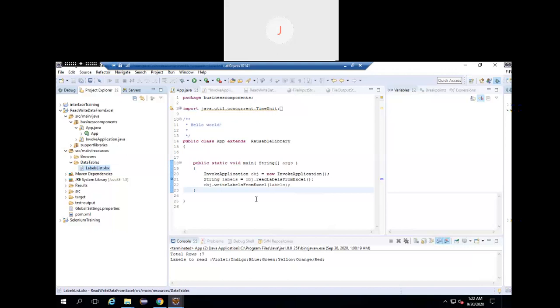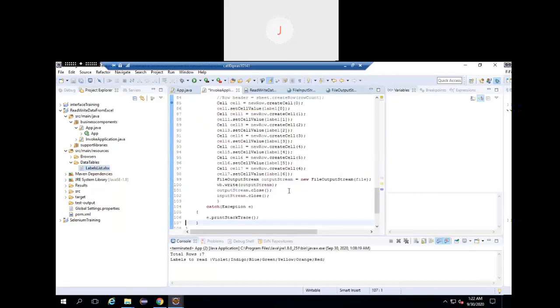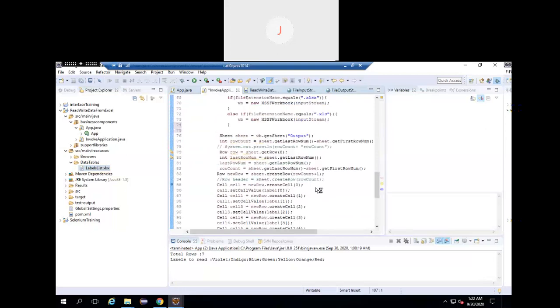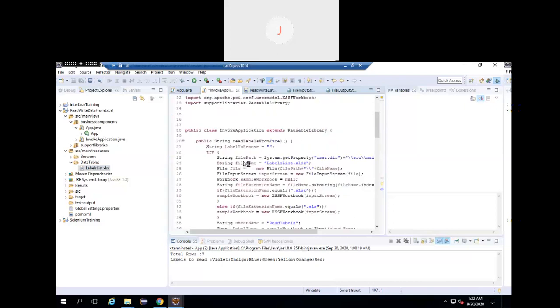When you're using a date format, or if you want it written in bold, or it should be written in the same row, same column, those things we need to play around with the loops. And also we have n number of methods which are already there in the interface. What we have to do is implement it and call those methods. This is how Apache POI works.